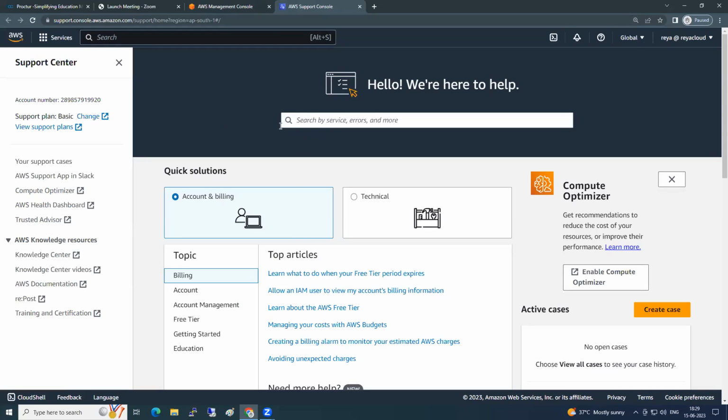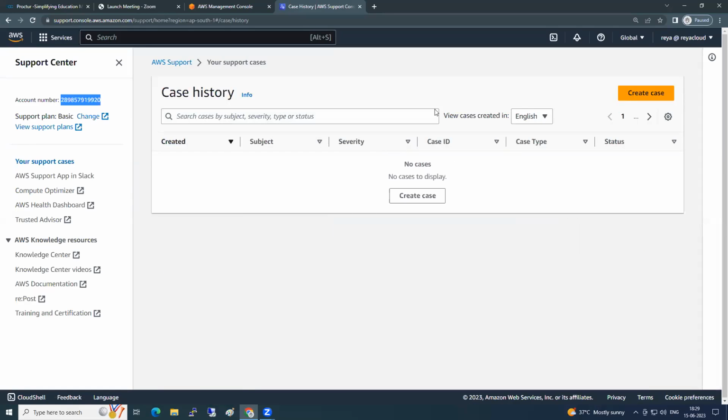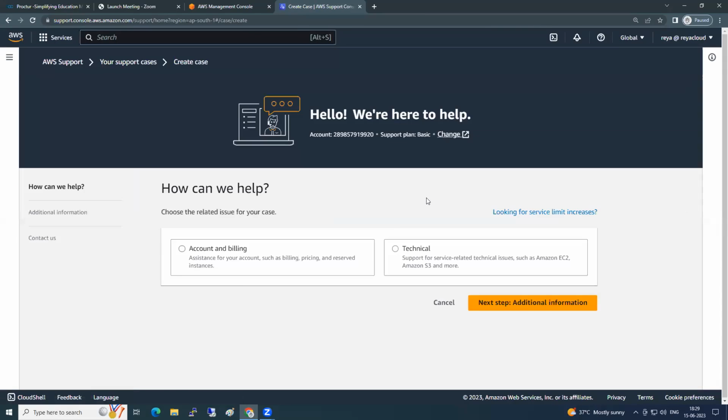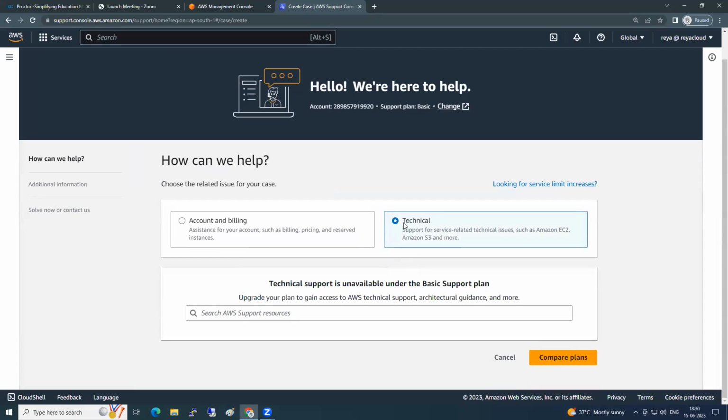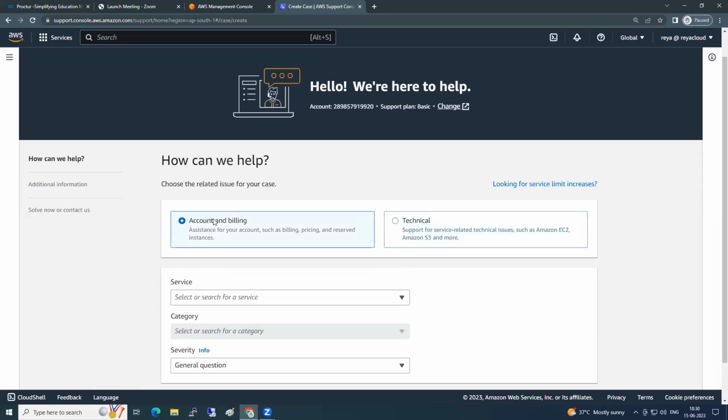Answer is no. And do you see this on the left side? This is the account number, my 12-digit account number. And here on the left side, you have your support cases. I don't have any support cases. If at all you want to create a ticket, click on create case. Do you see this? If I go for technical support, it is unavailable under the basic support plan. So you are not allowed to ask any technical questions. So anything which is related to account and billing,